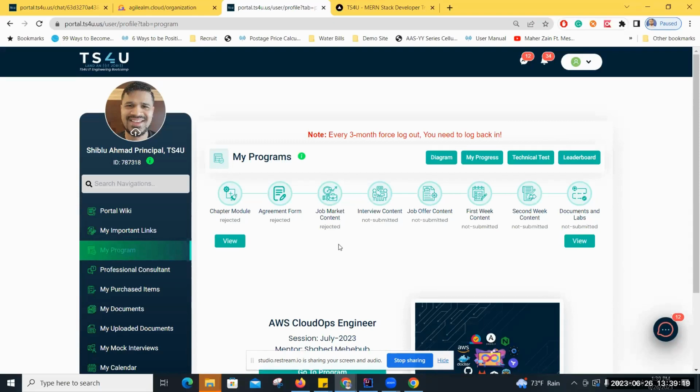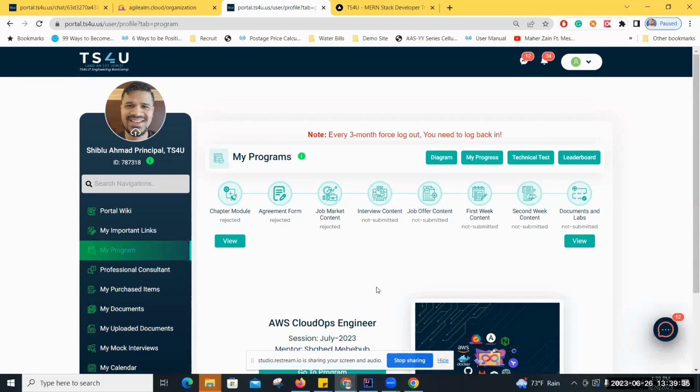This portal is web-based. We have a desktop application and we have a mobile application, so you can enjoy mobility through the mobile app. You can use the desktop application to avoid distraction from the browser